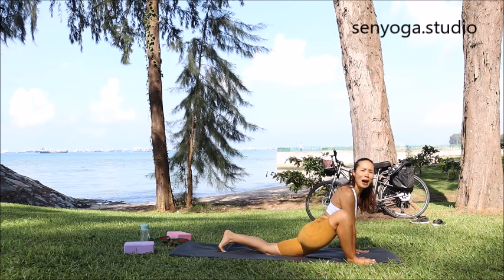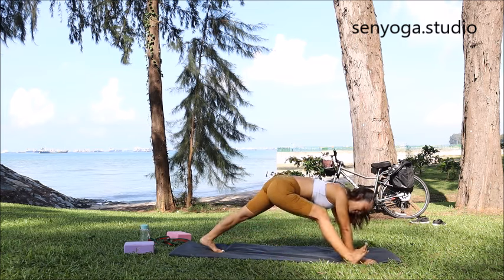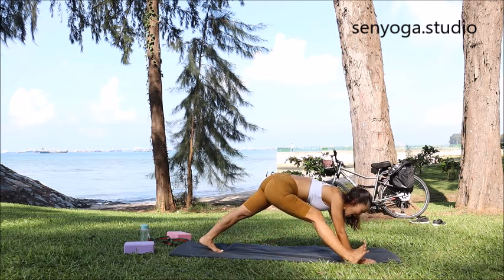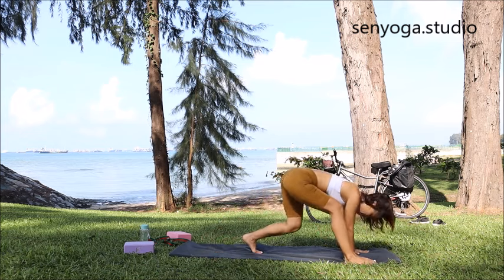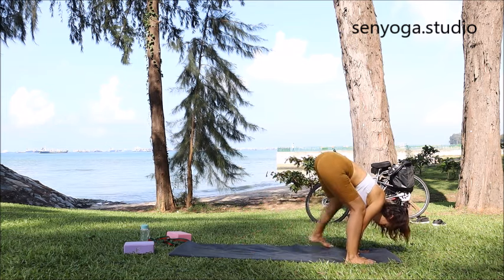This is so yummy. Inhale, pull the hip back and then stretch out. One more time. And exhale. Good. And then you're gonna slowly, if it's too long for you to step forward, you will lift one foot and then another and another, or you can just